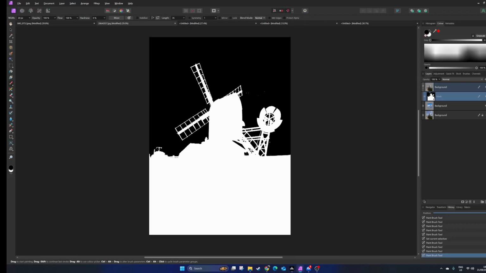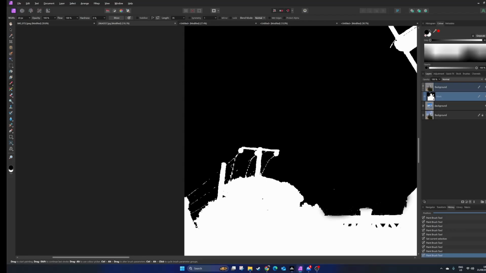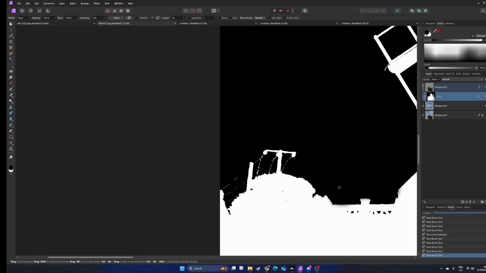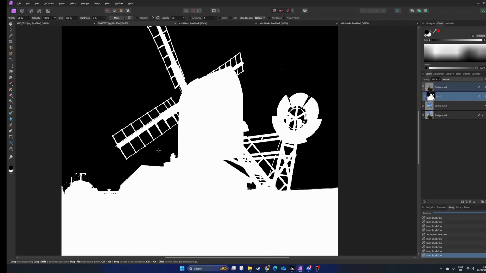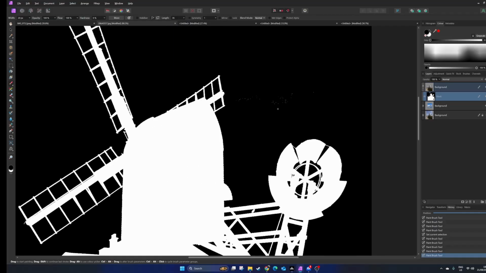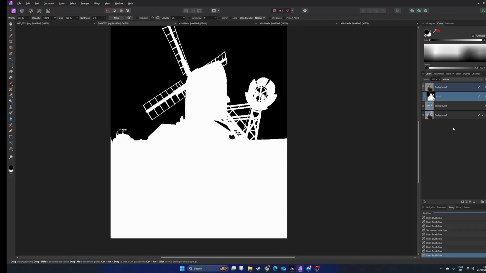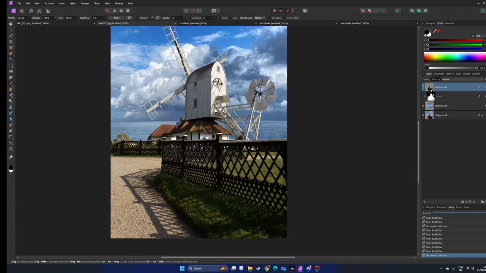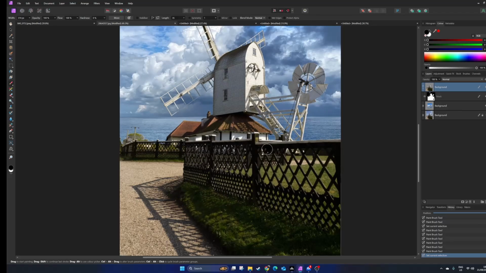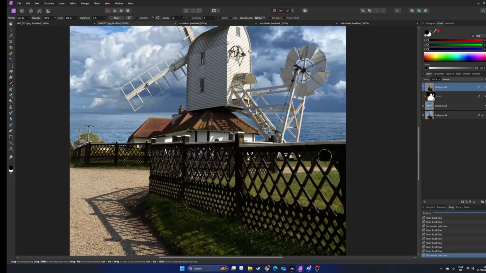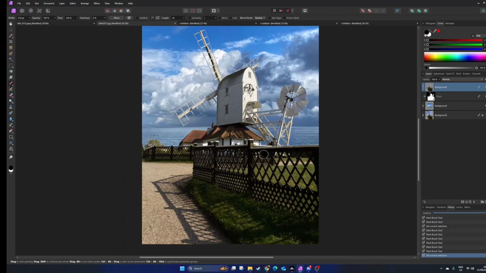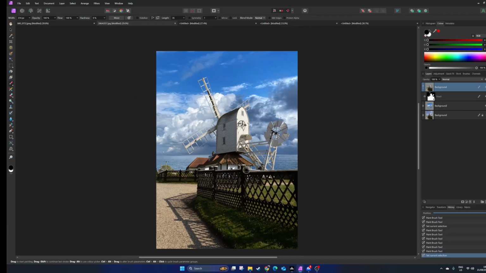Okay, so I can go around, make those little corrections. And same up here, just get a bit bigger and just tidy up the mask. There we go. To get rid of that, just click on any other image and it will disappear again. So again, this has tidied it up. Obviously could do a much better job than I've just done there,